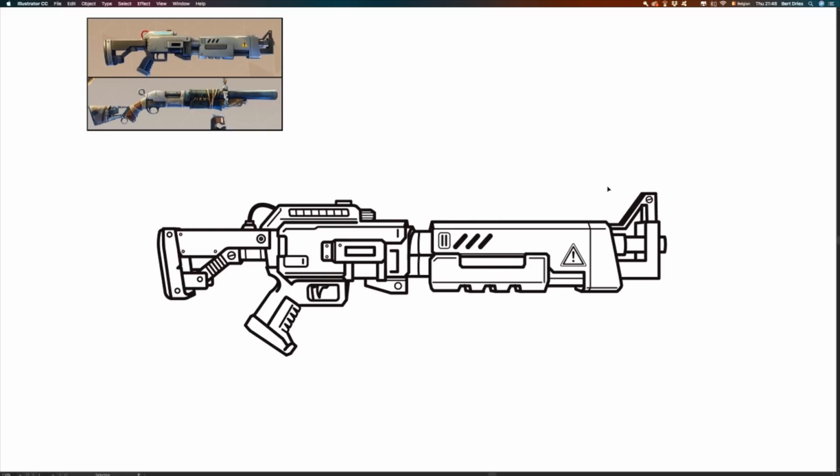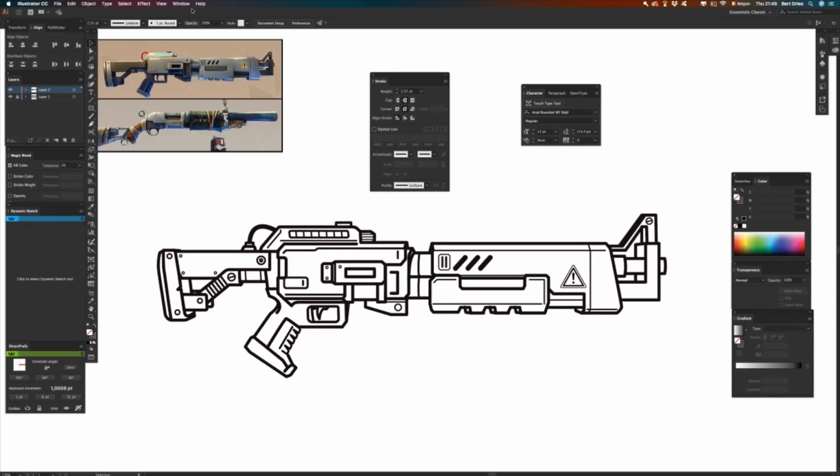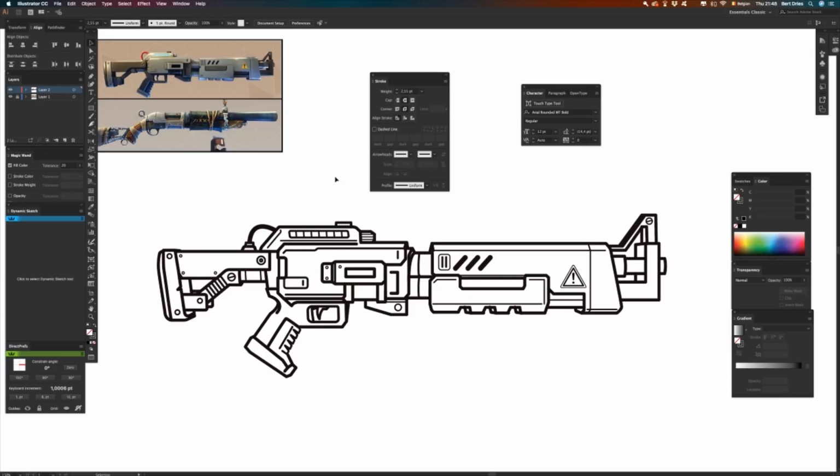This looks kind of okay. So what I'm gonna do right now is bring the stroke panel over here. If you don't find this, it's under Window, and then look for Stroke. What we're gonna do right now is add some profiles to some lines just to give them some more